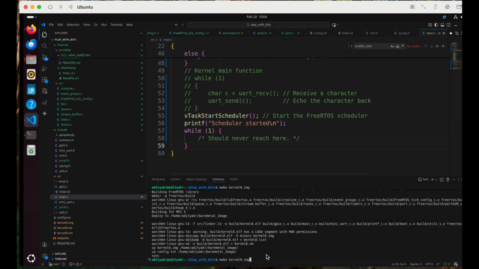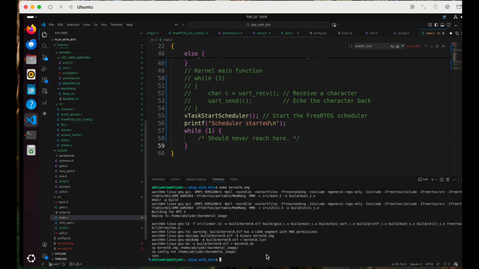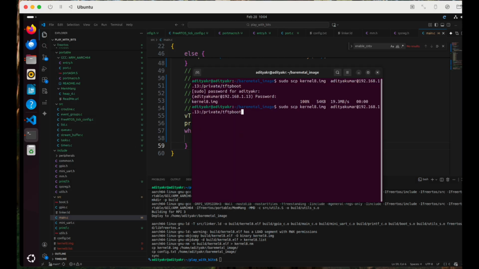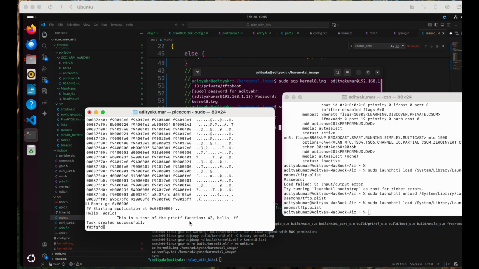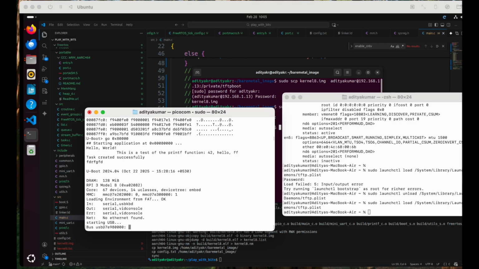Let's build it again. Let's do a clean build, make it. Okay, so it has been copied there. Now let's transfer it again to the TFTP boot. So the new build image we have transferred here. Now let's load this kernel image to this RPi. I will unplug and plug the power cable again to get the U-Boot console first, and then we'll transfer